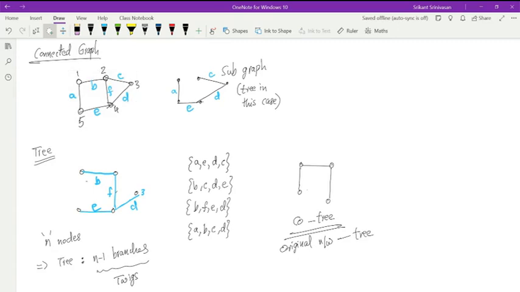These kinds of interesting concepts will come up, and then you will figure out that if I use one element of a co-tree and some elements of a tree, I can form a loop. So this is like using topology, there is a formalized way of how you can come up with equations. Finally, at the end of the day, we are trying to come up with simultaneous equations. If there are n unknowns, then how many equations do I need? The unknowns are either the voltages or the currents. So that's what we are doing here as network analysis.